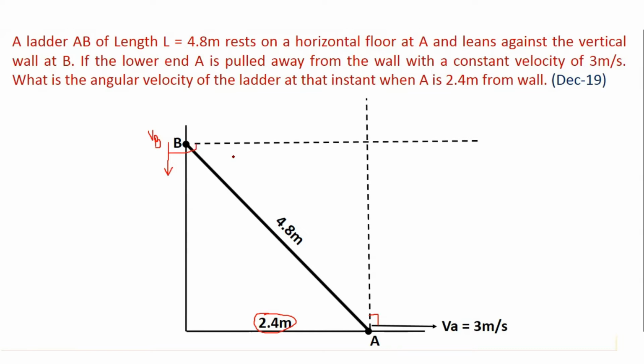So what we have done is just drawn the perpendiculars to the velocity of each point on that particular link. What we found is that these lines are intersecting at this particular point. Hence, I will name this point as my ICR, or I. Hope you have understood this. It's a very simple logic. Just draw perpendiculars to the velocities at each point on the link, and wherever they meet, that will be your ICR. Now let us proceed further.